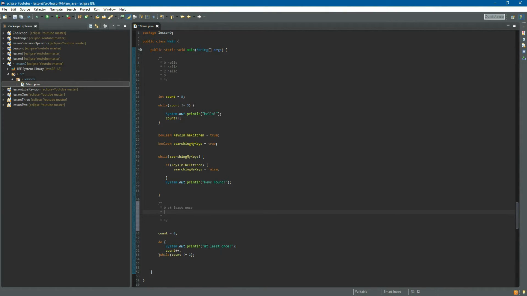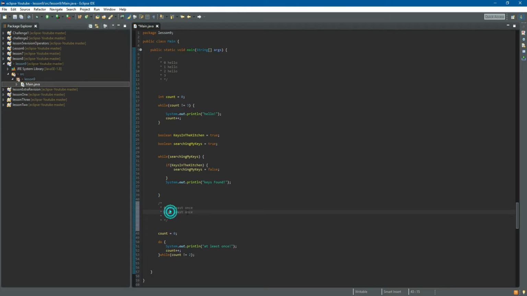But the moment it will be printed, the compiler goes here, and the value will be incremented by 1. So now count has a value of 1. And it goes here, while 1 is not 2, then it goes and loops again. It goes here, at the beginning, and the code here will be executed again. So at least once,